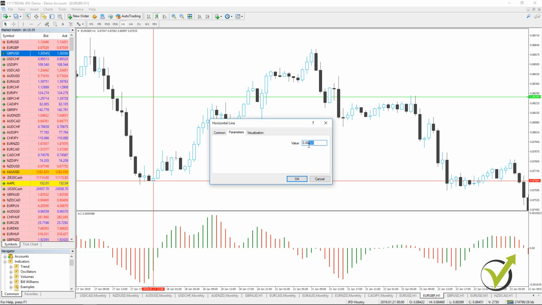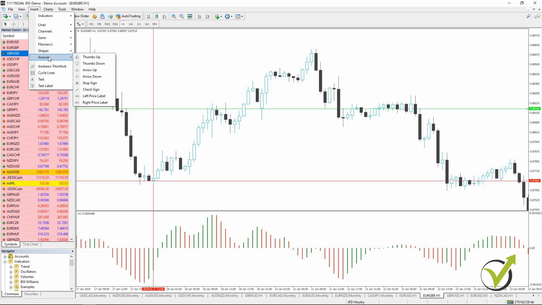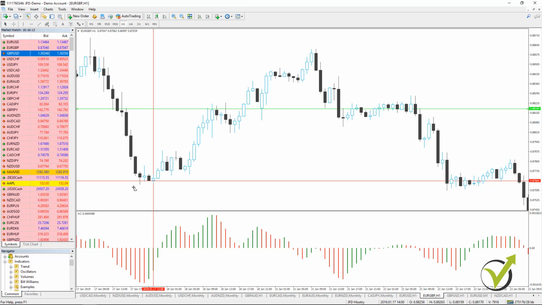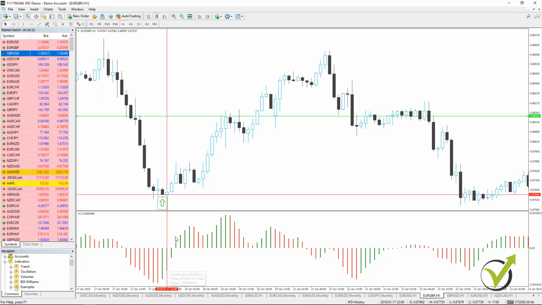This will be 0.8811.4, and I will have it exactly on the place. And then below I will have a stop loss, another 78 pips under. But obviously with this example, if we place the trade here, our take profit will be hit. No need to place the stop loss over the chart. I will just place an arrow to make it clear that we are having this long entry right over here. So accelerator changes its direction, price goes up and hits our take profit.